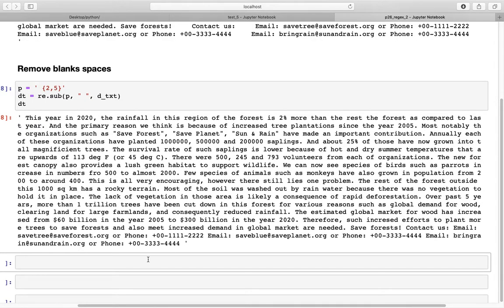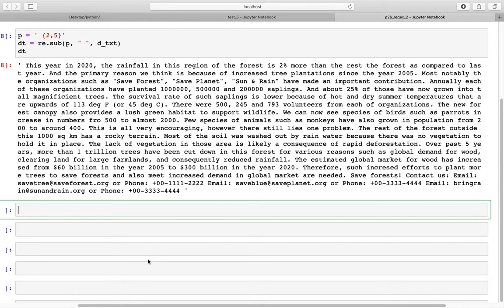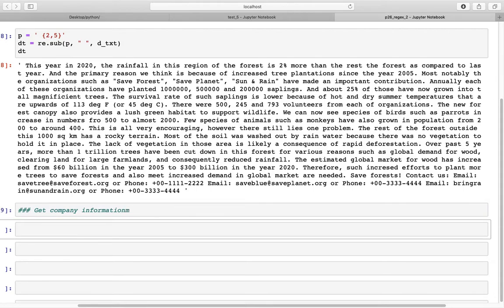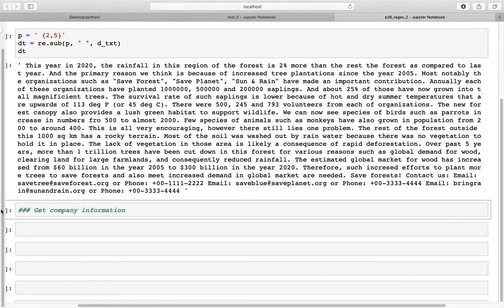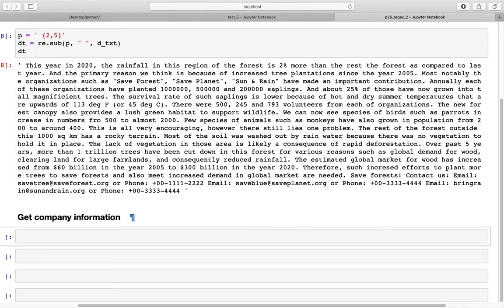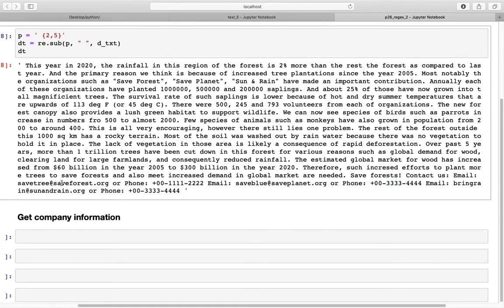Next step, we can now start looking at the company information. So, get company information, and to get the company information, I'll create a mark. This is listed right here in the last line where it says contact us. We have the email and phone number, and within email we have the name, the company, domain name, etc. And the company names are also listed right here, and all of them start with a letter S in front